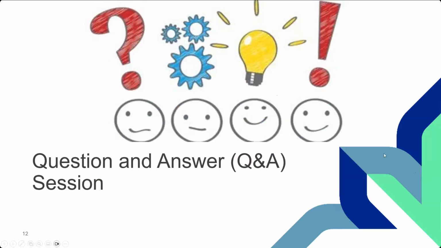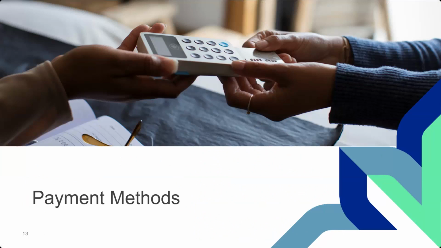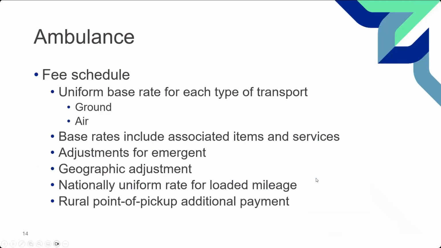Okay, let's go ahead and head right into the payment methods. Now, this is where we're going to talk about the fee schedules, which types of services are paid to what, where they could potentially bundle a variety of things. I'm going to go in alphabetical order, so if you're wondering where I got my order, it's just alphabetical. The first one is ambulance. This is a fee schedule.